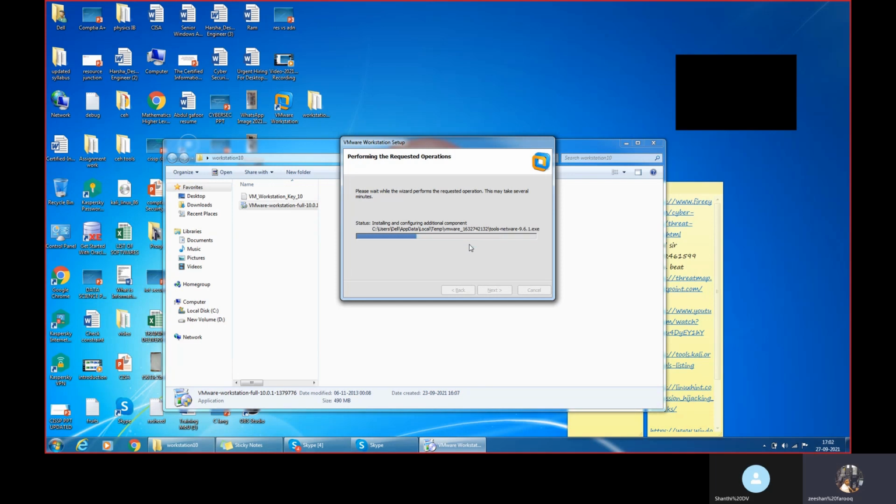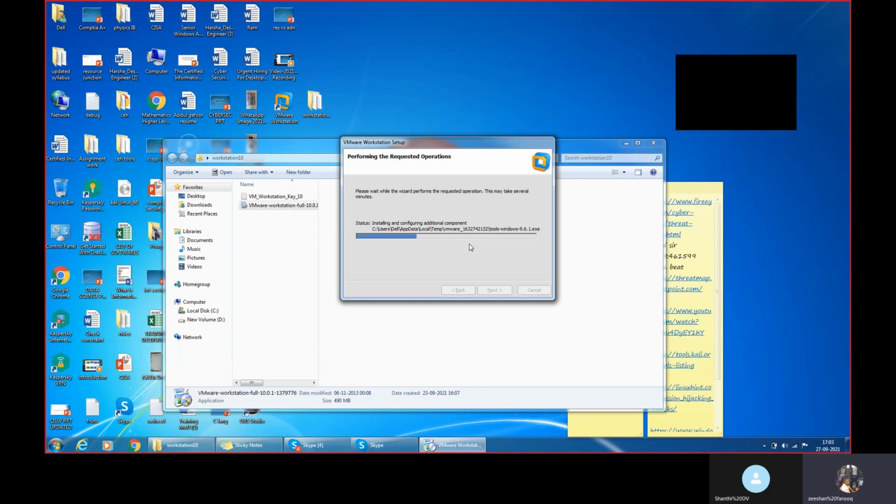Installing the additional components. Slowly the additional components will get installed. All the files, packages, and components will take at least 15 minutes to install completely. It all depends upon the speed of your system.